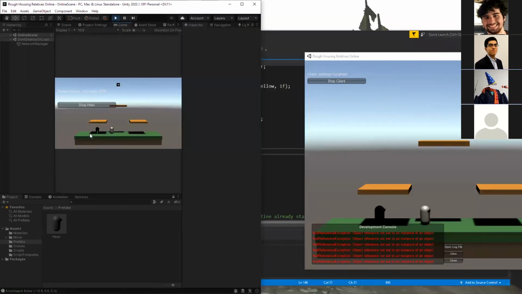Attacking seems to be working. Let's try. Seems to be working actually.